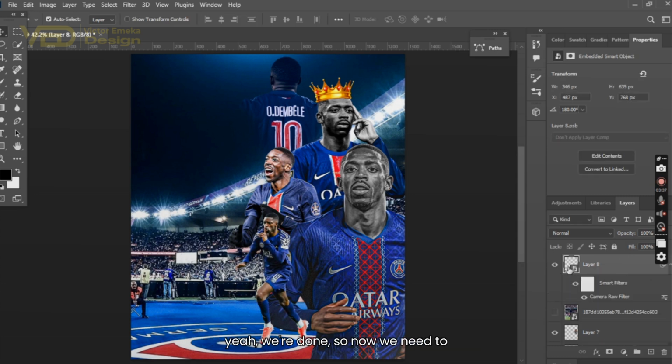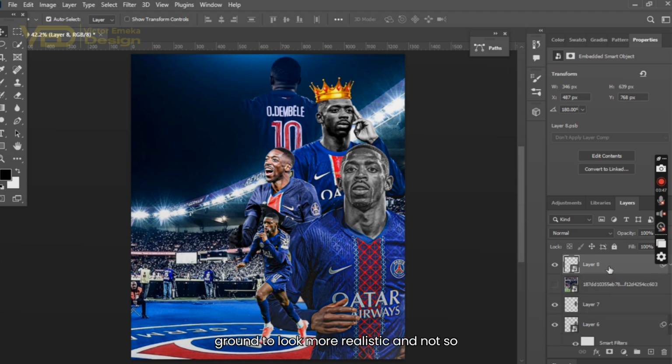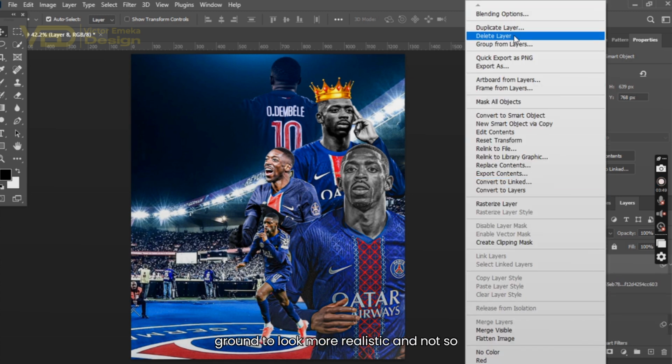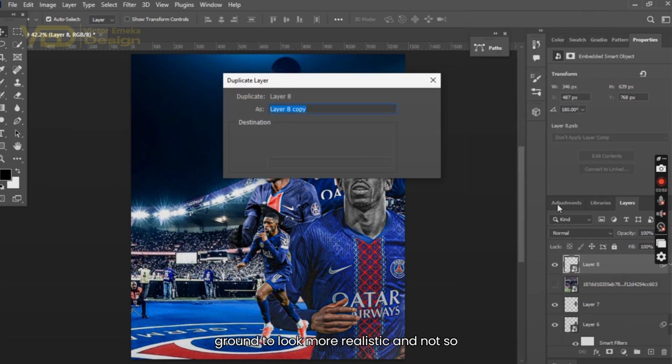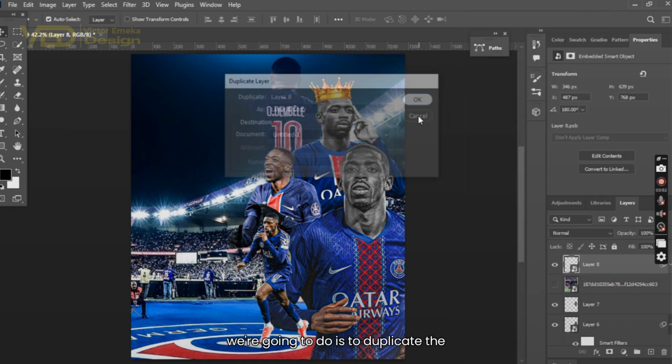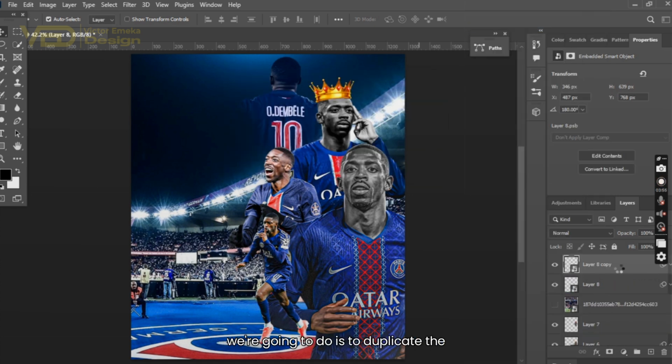and yeah, we're done. So now we need to do some other things like adding the shadows under the feet, adding his reflection on the ground to look more realistic, and nothing much. That's just basically it. So what we're going to do is to duplicate the image. Normally take the duplicated one below the main one,